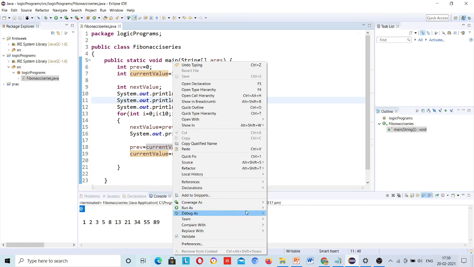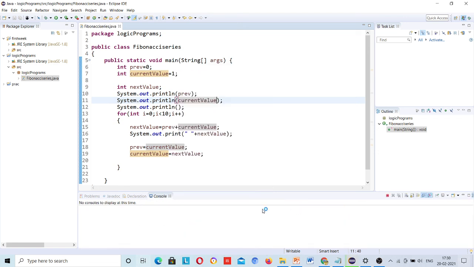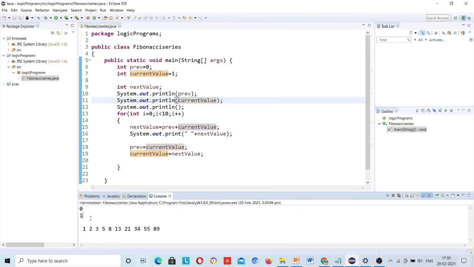The line is changing; I am just explaining the logic behind it. 0 plus 1, 1, then 1 plus 1 is equal to 2, then 2 plus 1 is equal to 3, then 3 plus 2 is equal to 5, then you can add it out. So this is how you can write a Fibonacci series program up to where you want.